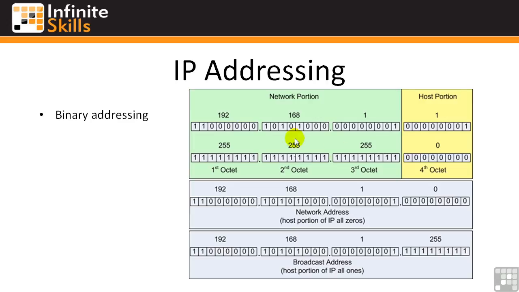Now here is an IP address and a subnet mask. The IP address is 192.168.1.1. The subnet mask is 255.255.255.0. Now this delineates out the network portion versus the host portion. In this case, it is a /24 network. It's real easy to see because you've got 3 sections or 3 octets of the IP address of 8 bits each that are the network portion and 1 that is the host portion. 8 times 3 is 24. So therefore, this network would actually be written as